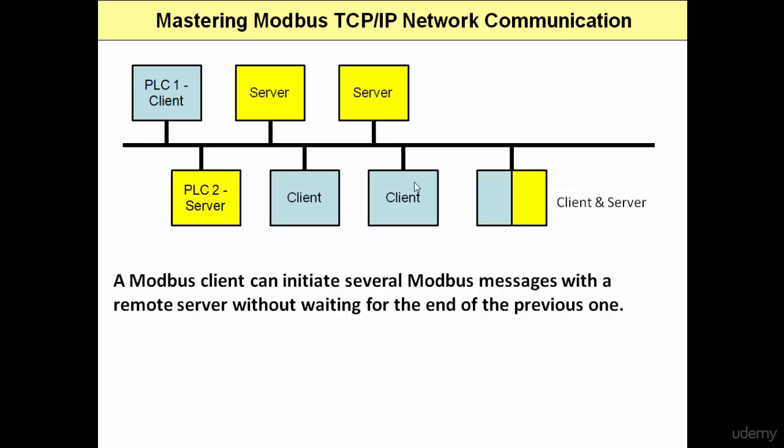All right. Similarly, it can send a request to this server and then send a request to that server, right, without waiting in between. It doesn't have to send a request to this server, wait for it to respond, then send a request to this server, wait for it to respond. It just sends the requests and it gets back the responses because one server may take longer than the other